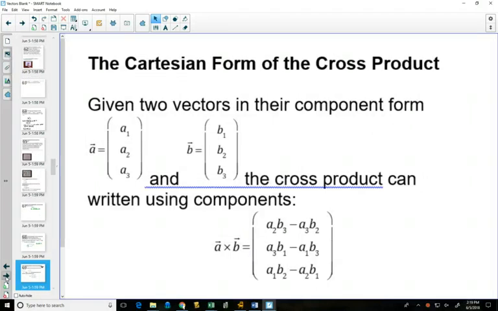The Cartesian form of the cross product. So if you didn't have a calculator, because with the calculator you need to find the angle between them, and let's just say you had two vectors and you wanted to find the cross product and you weren't allowed to use your calculator, is there a way just to use the components to find that? Just like the dot product,